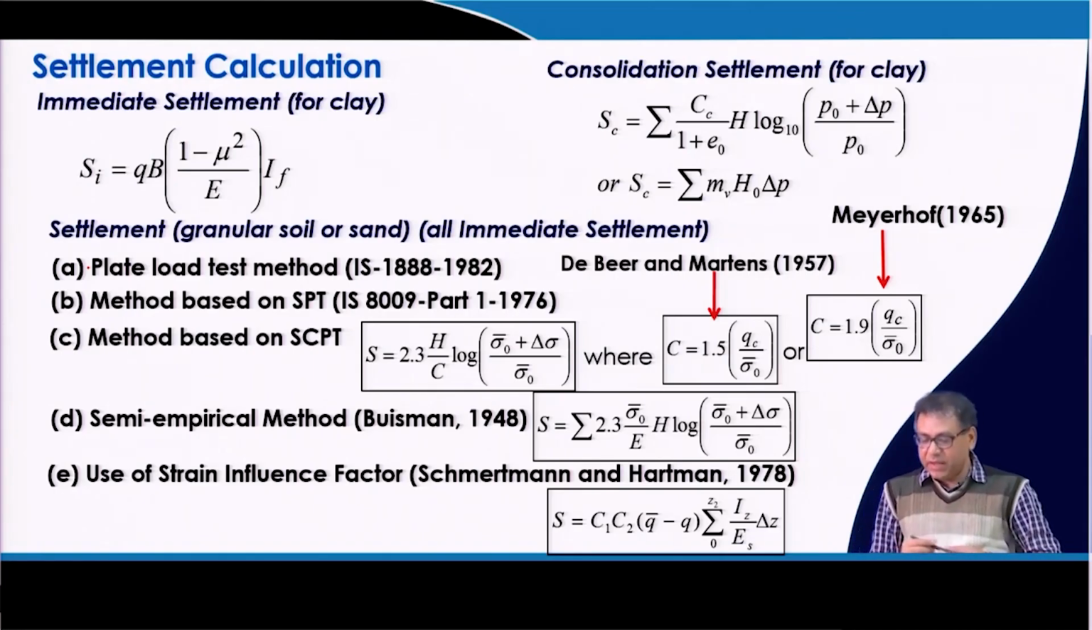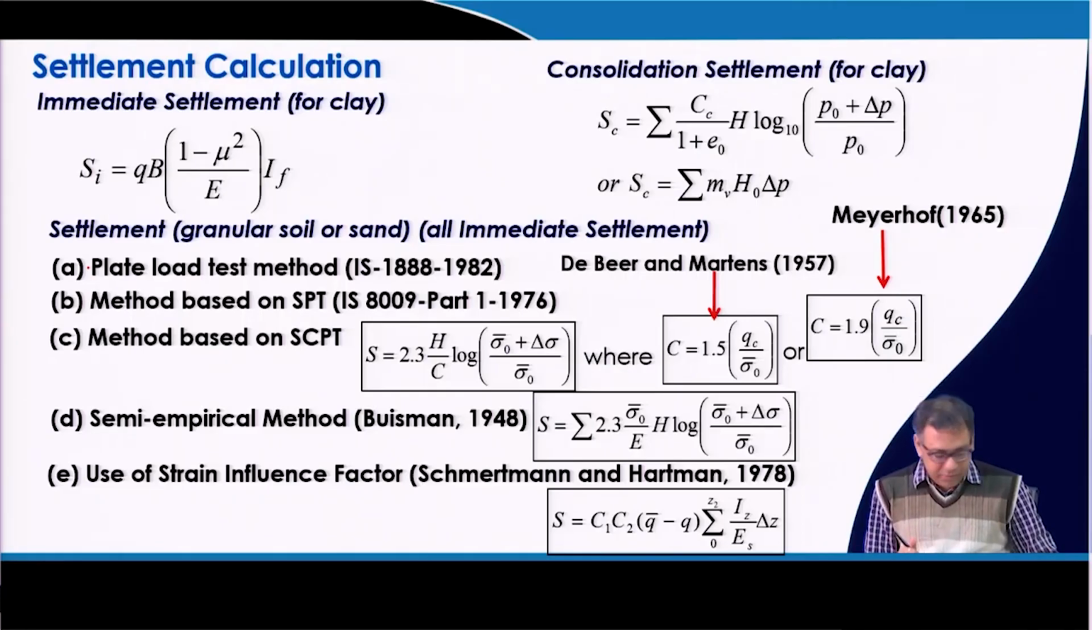And you can see the consolidation settlement, the method based on SCPT, and the semi-empirical methods. These 3 are more or less the same. That is why I will give an example problem to calculate the consolidation settlement only. In a similar way, if you have the CPT or SCPT data, you can calculate the settlement of the granular soil, or you can use the empirical equations to calculate the